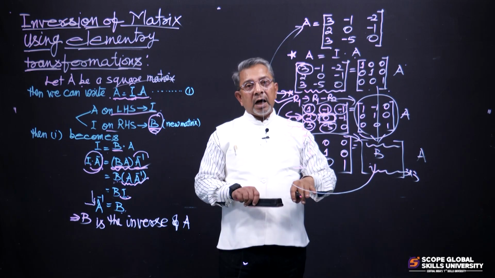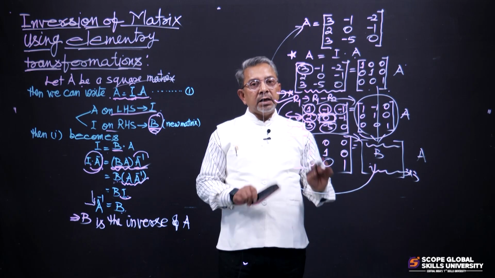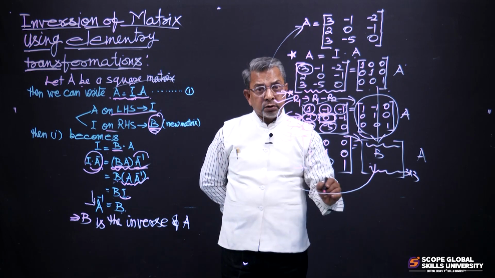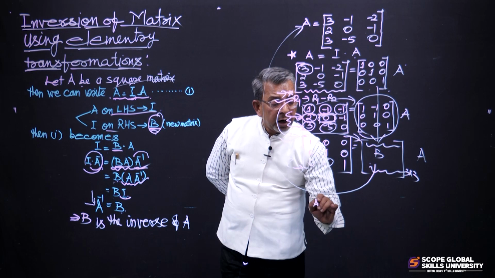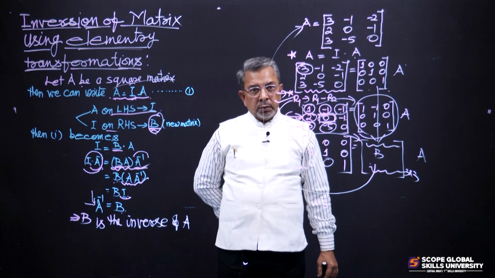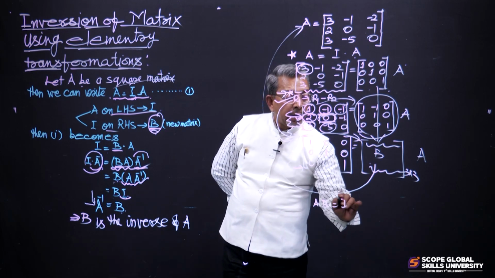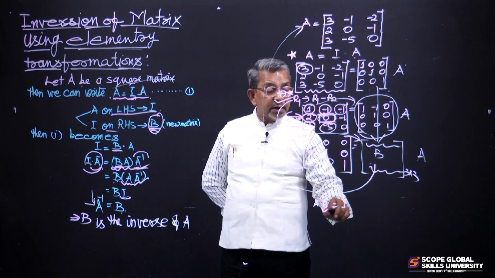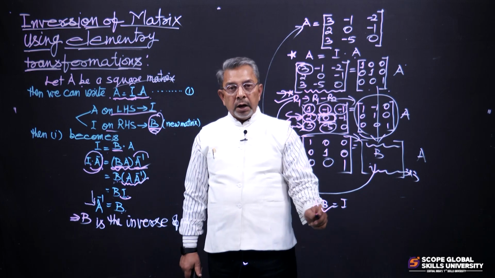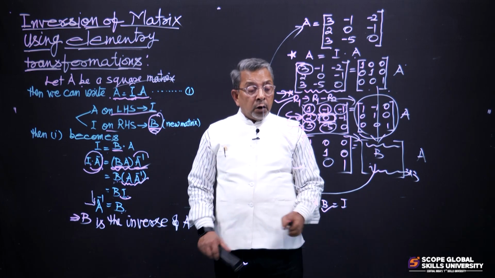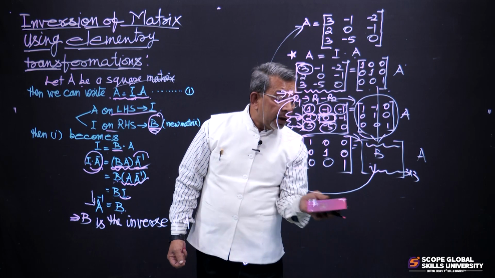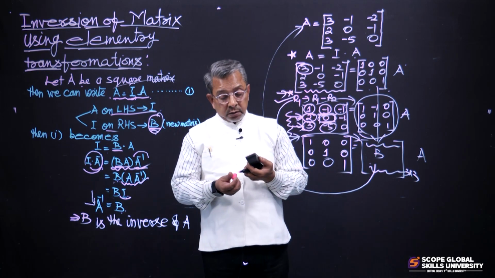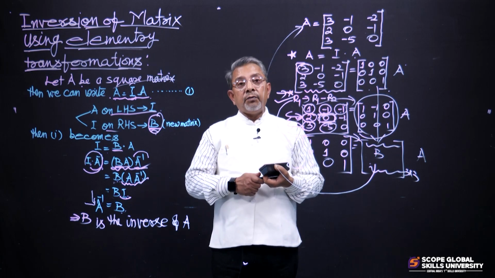And you can examine whether your answer is correct or not. For that, in your rough work, you might multiply A with B and check whether you get I or not. If you get the identity, then your answer is correct. That means B is correctly the inverse of A, otherwise not. So you will find in this way that this method is very easy for all those matrices which are of large size,